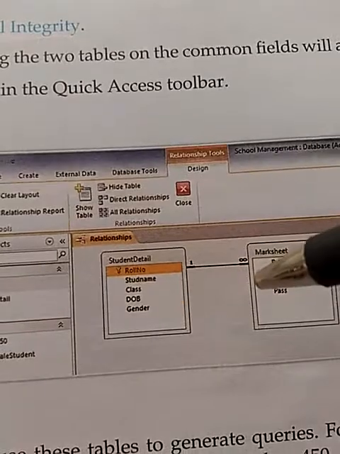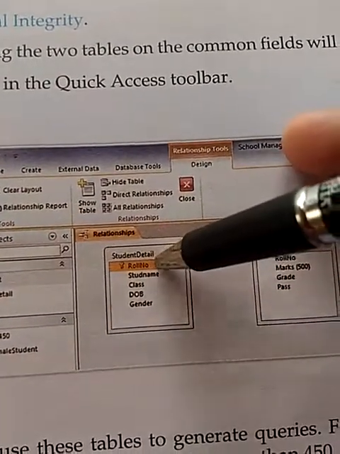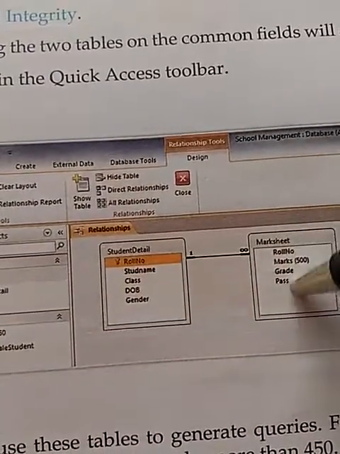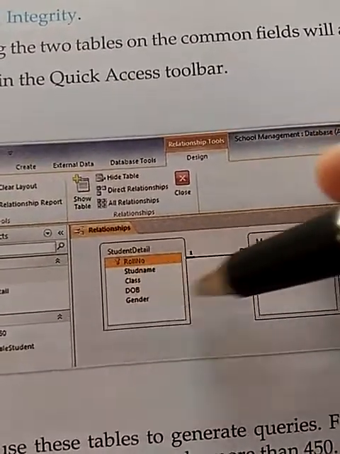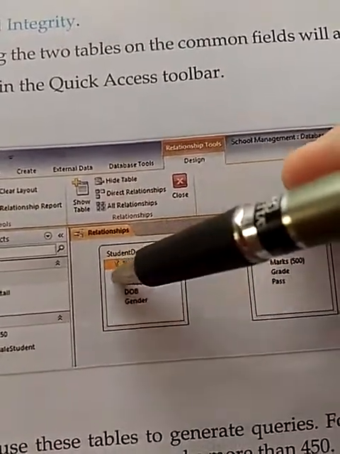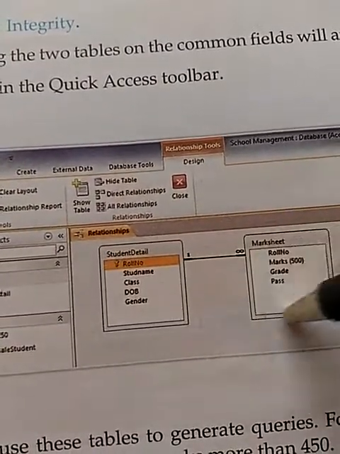What is the purpose of the relationship? The relationship specifies that the roll number present over here and the roll number present over here are the same, meaning roll number 1 which has the details over here will have the same details over here.